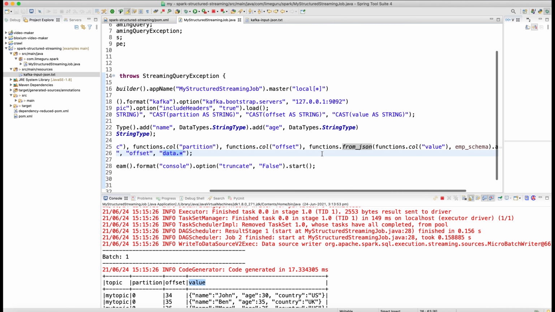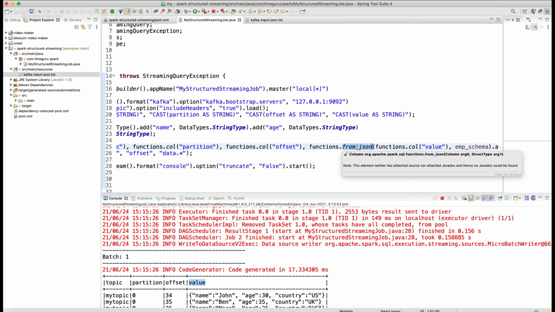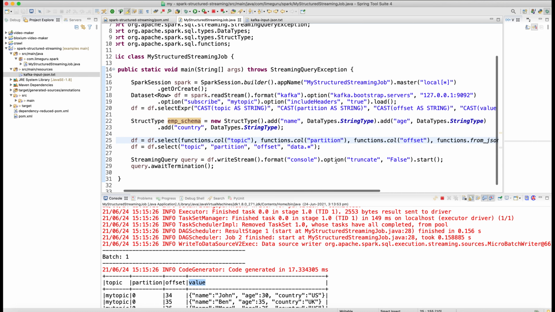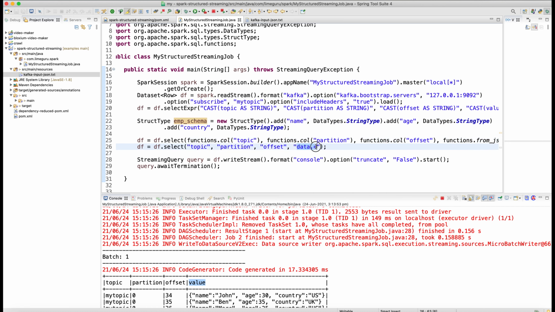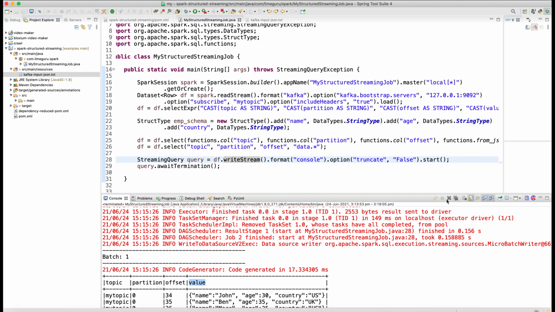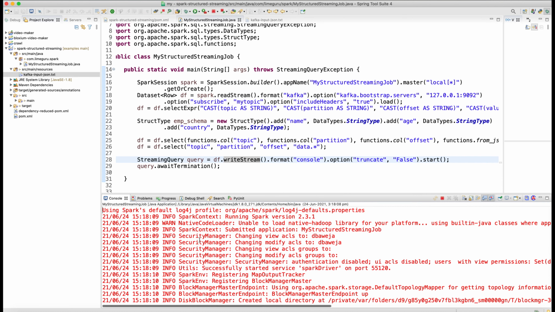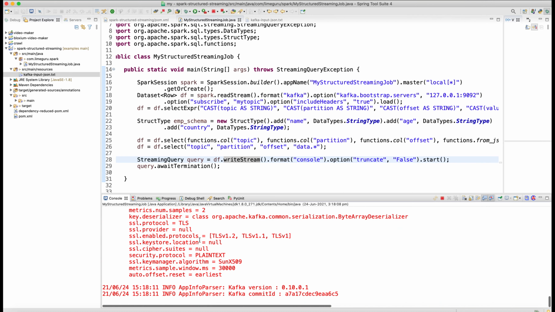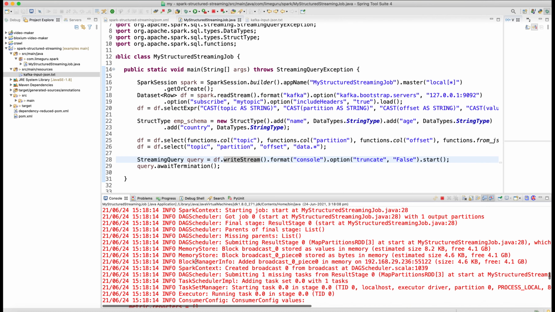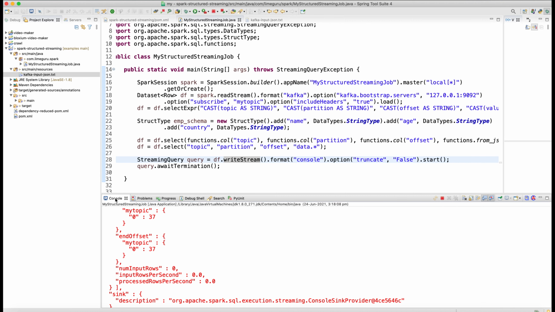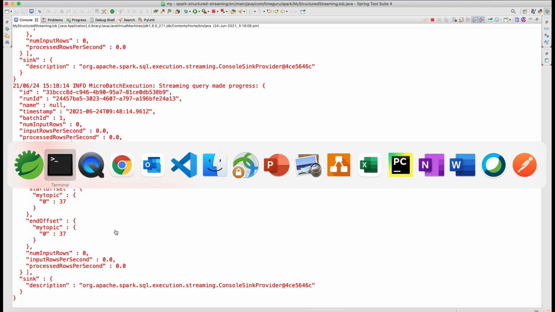So just to repeat, I have selected the from_json function. In that from_json function, I have applied the schema, employee schema, which I just created above. And then after that, I have selected all the attributes from the JSON. Let's try to run this program now. Let me shut down the earlier program and let's try to run it again. So the Spark context is getting created again. The job has started. It's connected to Kafka now. So let's try to push the messages again. Let's see what happens now.